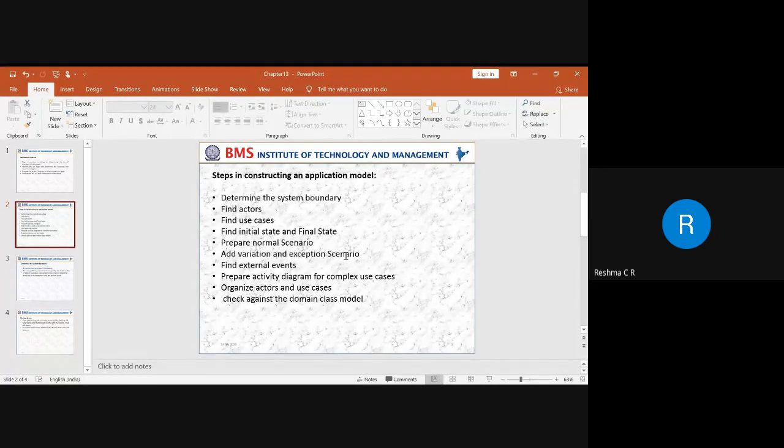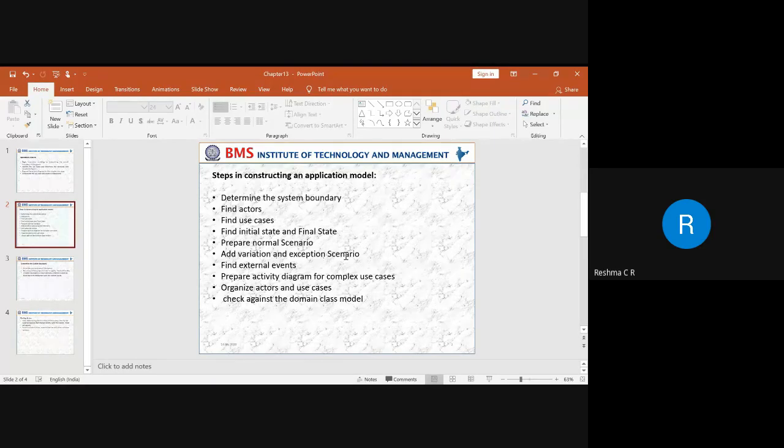Once the functionalities are determined, for each and every use case, what is the behavior that it is going to perform? The different behaviors of these use cases have to be determined. For that, we need to draw a preliminary use case diagram. So how do we draw the preliminary use case diagram for any application?